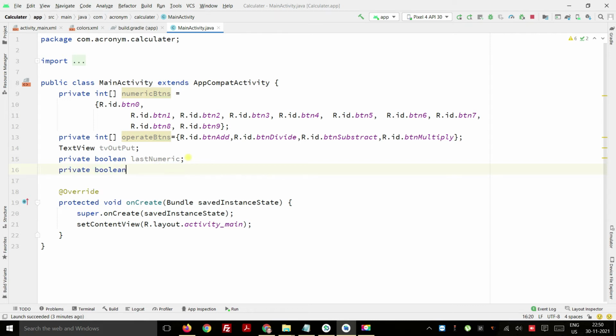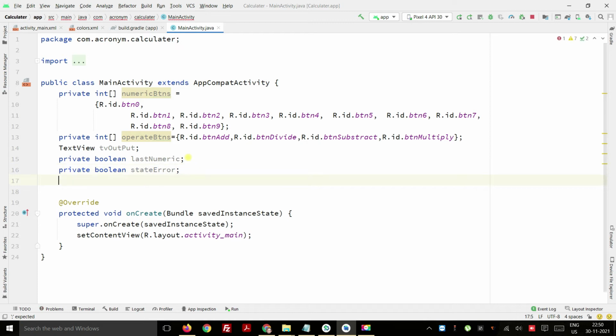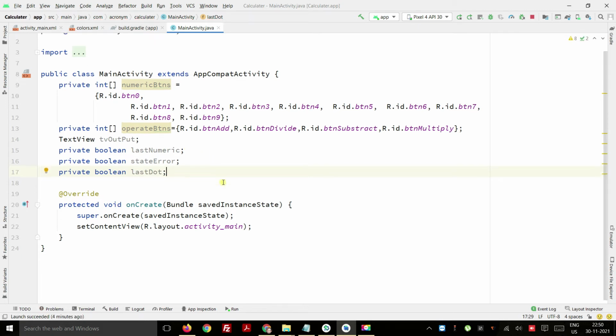So we will check it as a boolean. And if we are already pressing some dots, suppose we are entering decimal values, we check whether we already have some dot values or not. So we put a boolean lastDot. We'll simply do that.